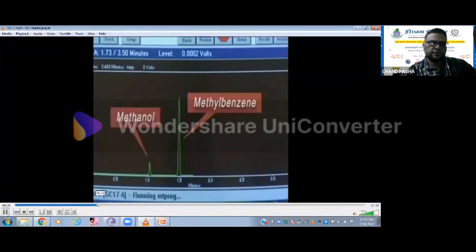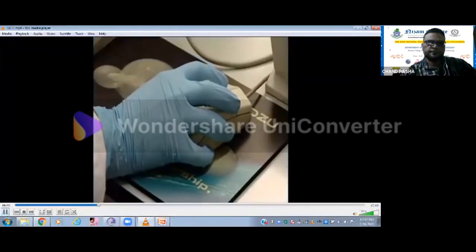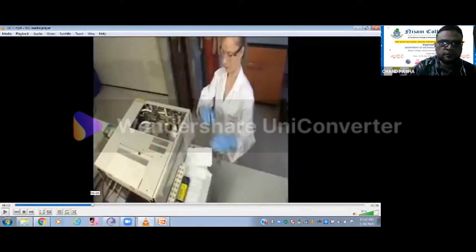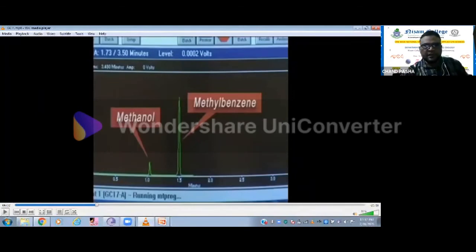Report, let me see. Yeah. Here, in the earlier one you have seen the peaks, and this is the retention time. One particular peak is coming at 1.047 minutes. This is called the baseline.